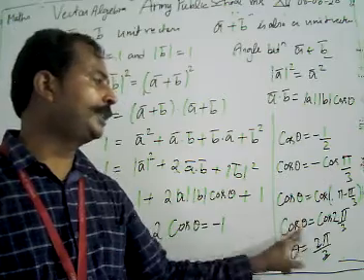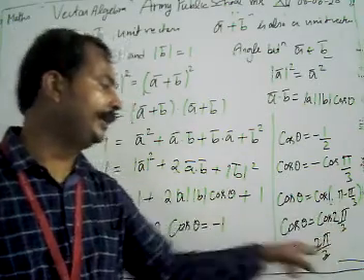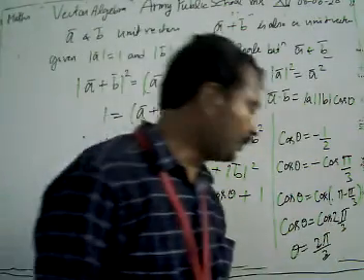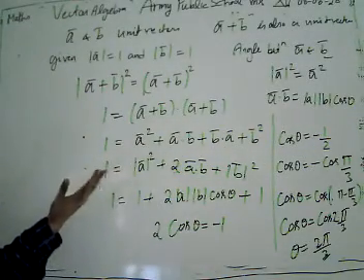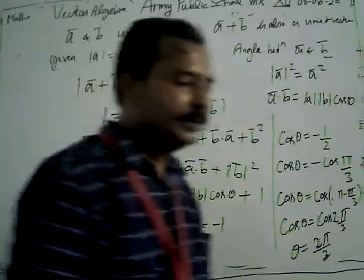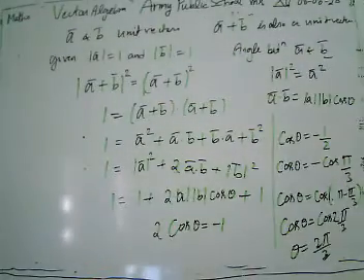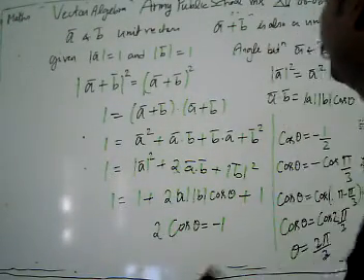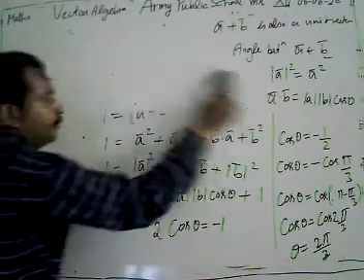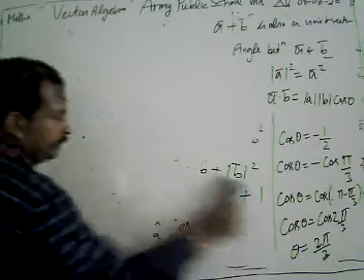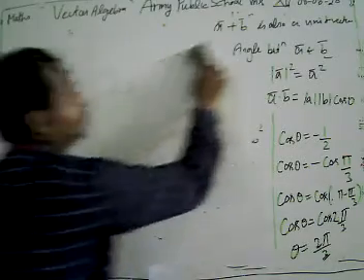After solving it, we get 2 pi by 3. Then the value of theta is 2 pi by 3. What is our final answer here? Our final answer is that the angle between the two vectors is 2 pi by 3. I hope all of you understand that. Then we move to our next problem, we are going to take another problem.